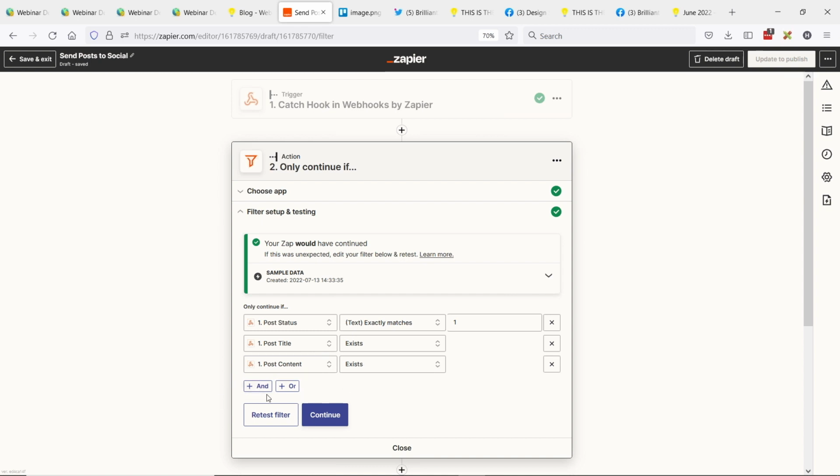You can add other filters. For example, if an image exists, maybe you only want to post on your social media if the post included an image, and things like that. Maybe only certain member IDs, because we know the user ID. So you can add additional filters. Again, because this will be pushing to your social channels, you do want to put some roadblocks in place to make sure you're sending quality data to your social media networks. For example, a post title and post content should exist in the post before we send it down the line